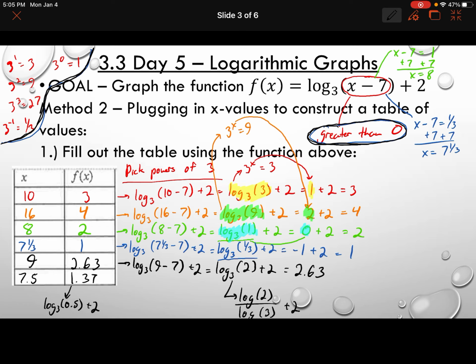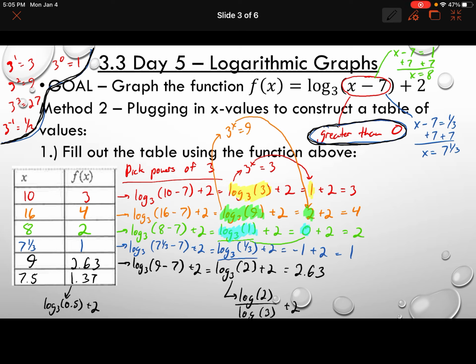Because once again, we tried 6 as our first value, but since we ended up with 6 minus 7, that's negative 1, we can't take the log of negative 1. It gives us an undefined value. You can only take the log of values greater than 0. So that's why we have 10, 16, 8, 7 1/3. And as long as you're paying attention to that fact, that you're taking a log of a value greater than 0, at that point, either you can use